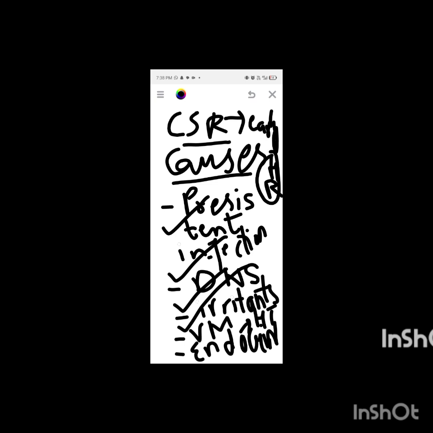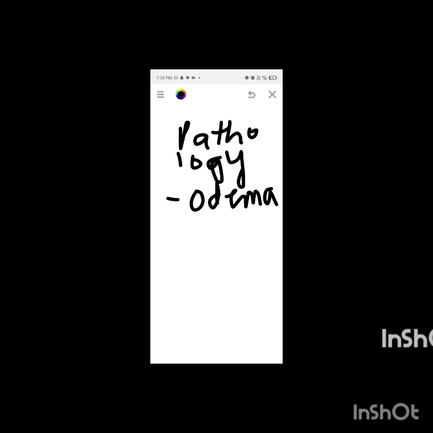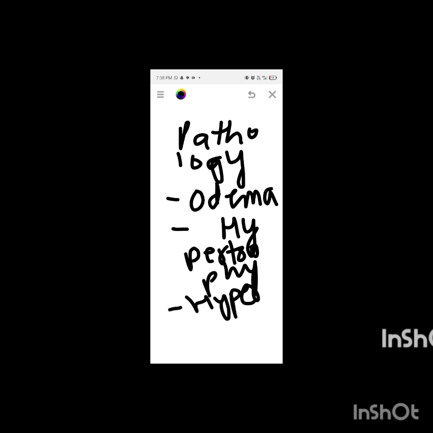Okay, now let us move towards the pathology. We have discussed about the causes. Now let us move towards the pathology of the chronic simple rhinitis. In pathology of the simple rhinitis, we simply see the edema and hypertrophy and hyperemia of the